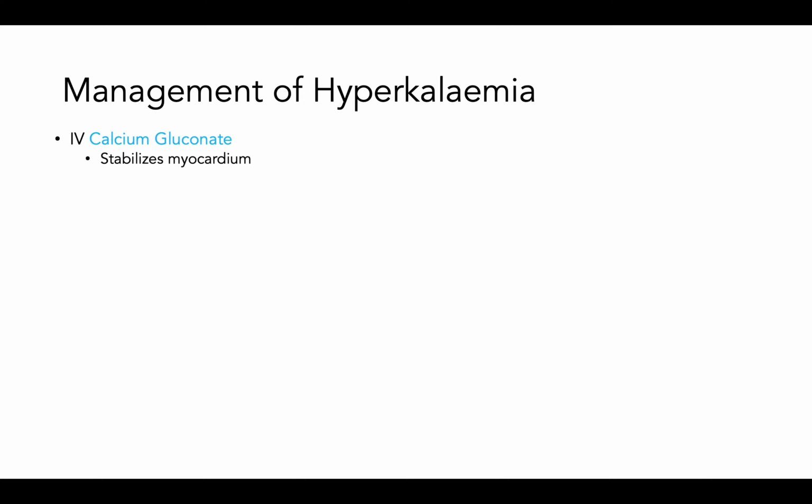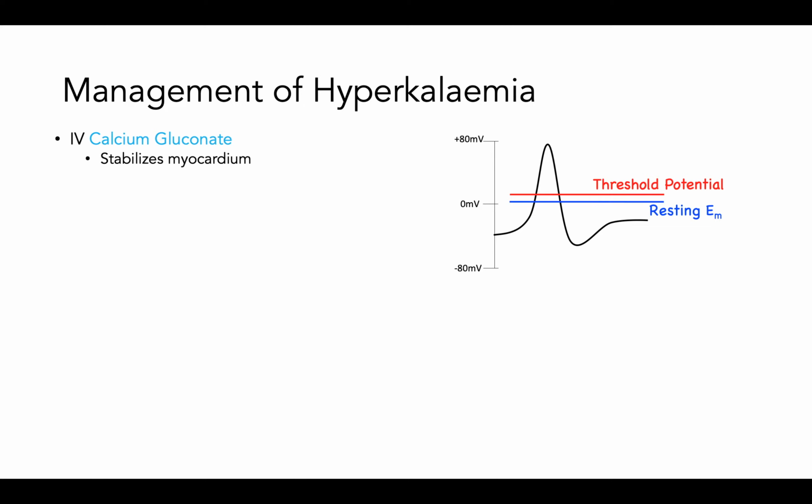The first step is to give IV calcium gluconate. Now, everyone learns to parrot this line: calcium gluconate stabilises the myocardium in hyperkalemia. But what does that actually mean? To illustrate it, I brought back this diagram, and you've got your high, dangerous resting membrane potential here. Now, calcium is, of course, a positive ion, and through some electrophysiological magic, which is too complicated to go into now,